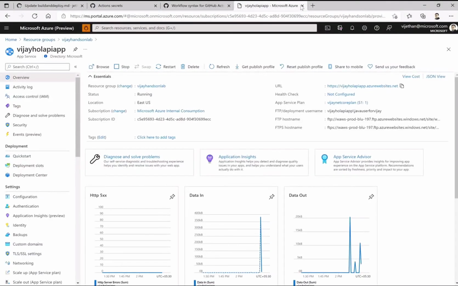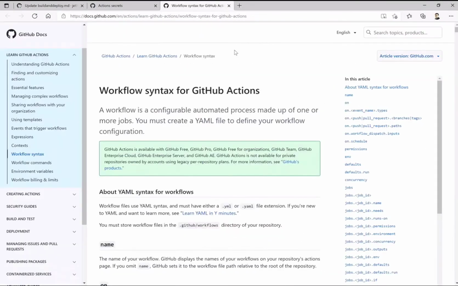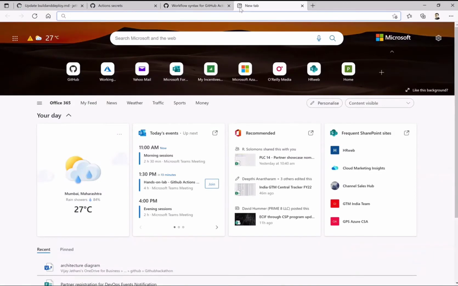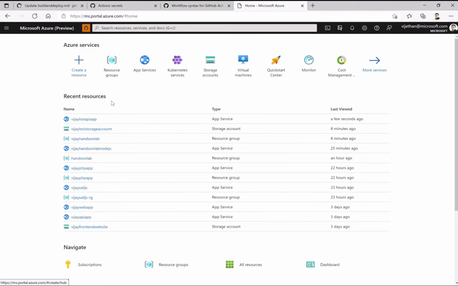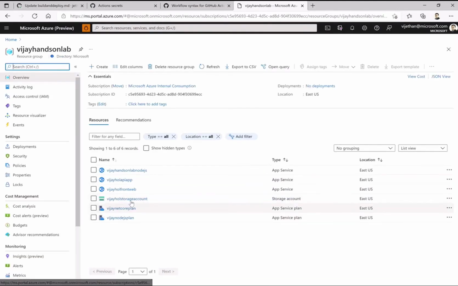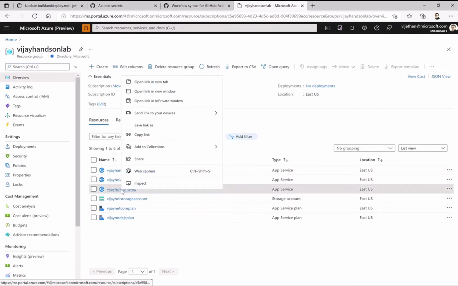So let's see how our web app looks. With my hands-on lab, let me go now to the front end.